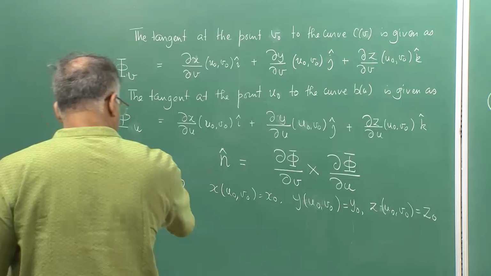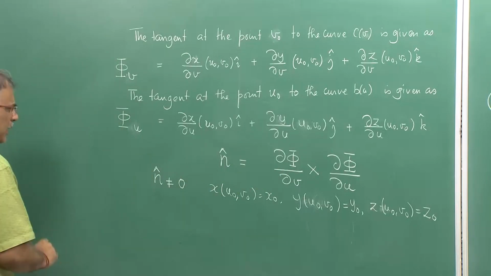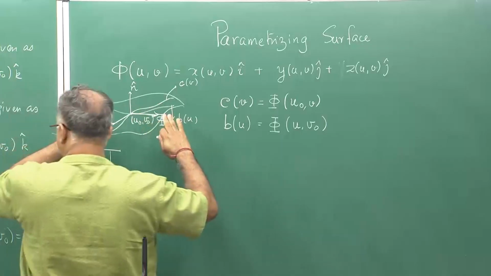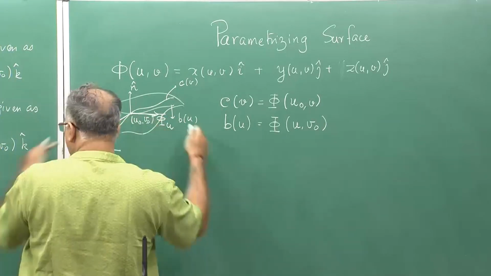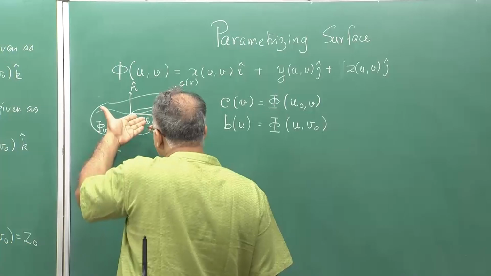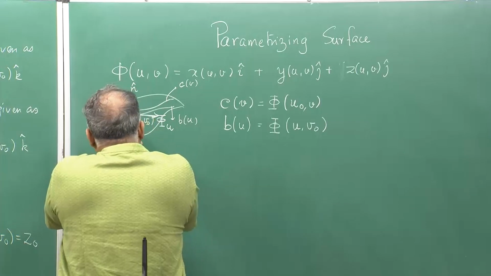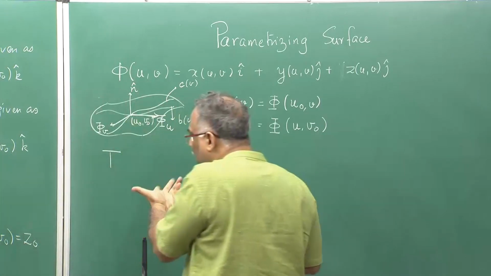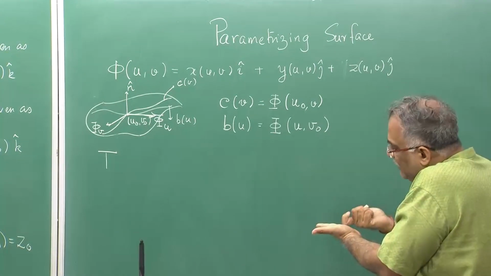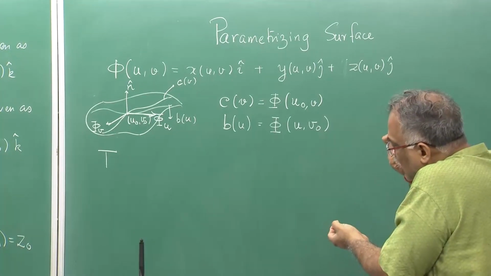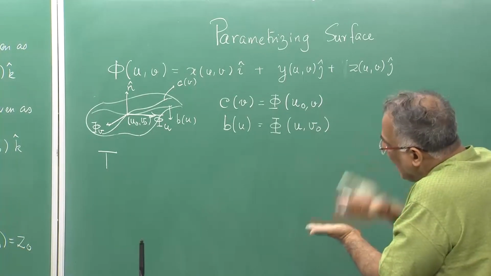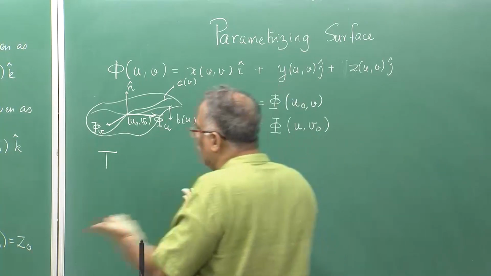Okay? If I write this, then my tangent plane is the plane which consists of these two vectors. That is a plane which has the n vector perpendicular at u naught v naught, right. The n vector passes through the point x naught, y naught, z naught, and is perpendicular to the plane which contains